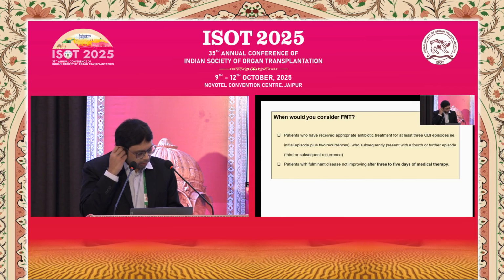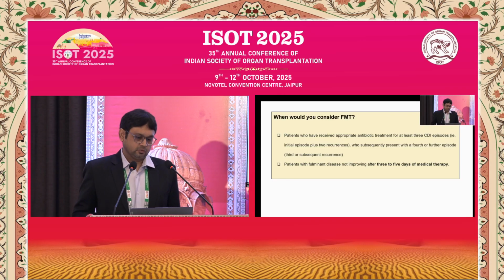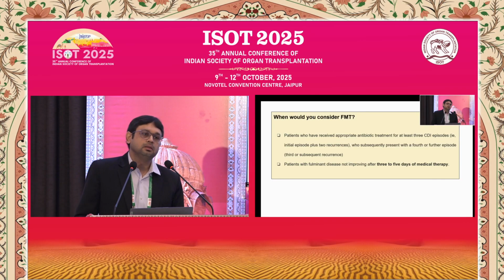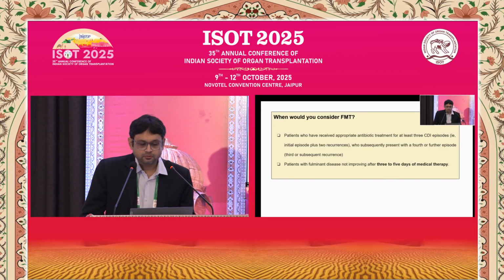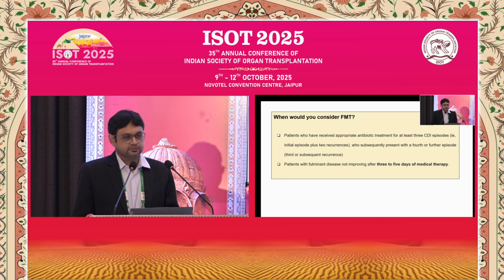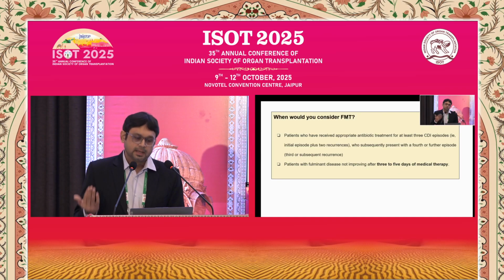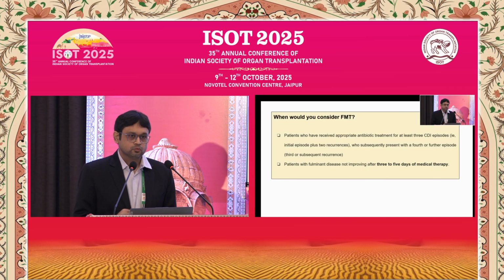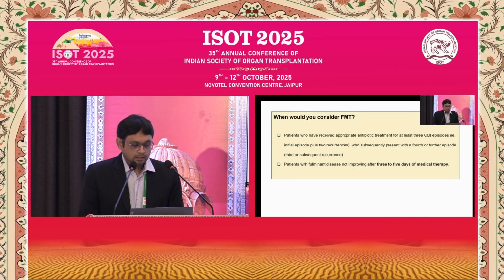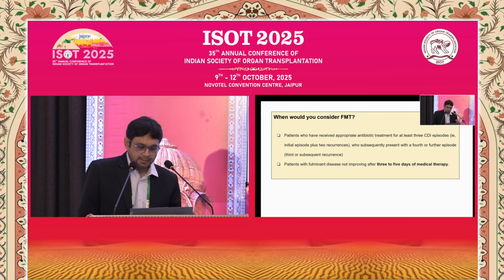So right now, when should you consider FMT? The recommendations say that the best indication for an FMT is when the patient has had many recurrences. You can argue that in the first or the second recurrence itself, you can start thinking about FMTs, or patients who have fulminant refractory C. diff. Now, that setting in India is much easier said than done, because we don't have stool banks, we don't have preformed stool capsules. So I can't do an FMT the next day when I think of it.